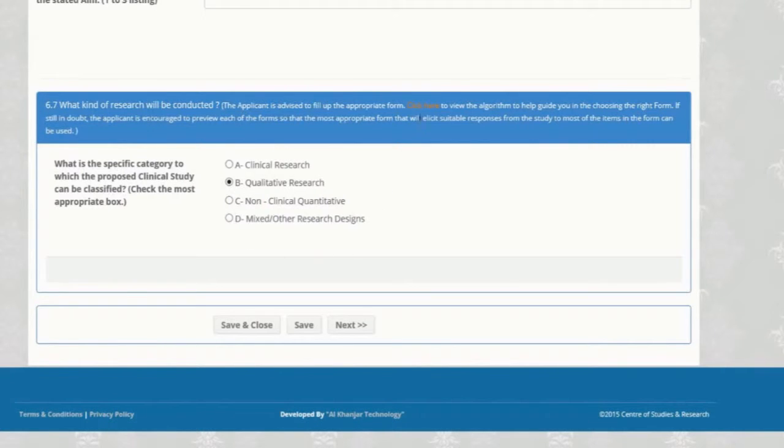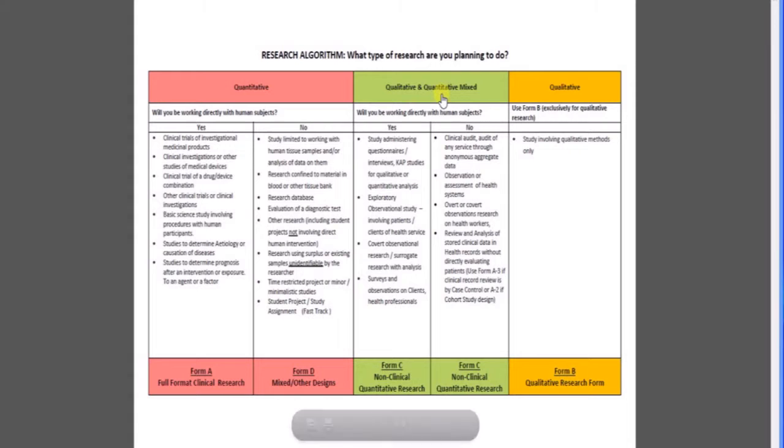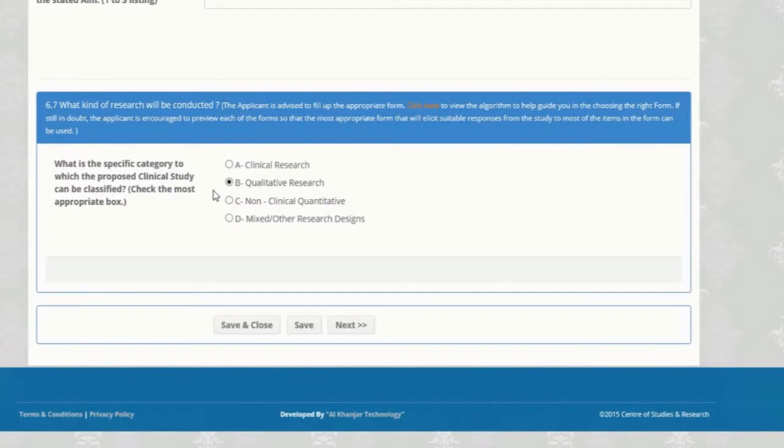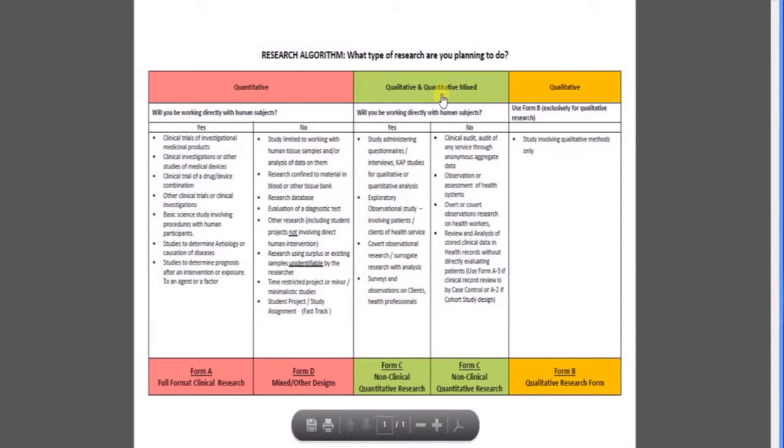There are 6 separate forms in the next section, and the researcher has to choose only one of them to fill, and that depends on the study design of the research proposal. A guiding information is given in an algorithm which can be viewed in a separate tab by clicking on the link as shown. The 6 forms are numbered A1, A2 and A3 for clinical studies, B, C and D as shown. The algorithm will help to identify which form to use based on the nature of the study and the